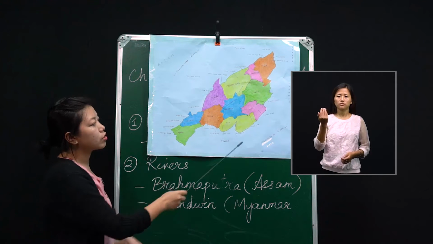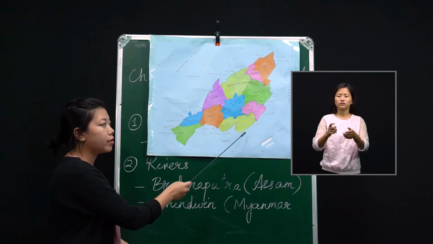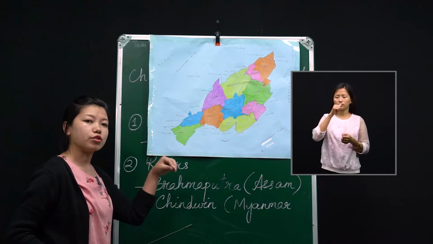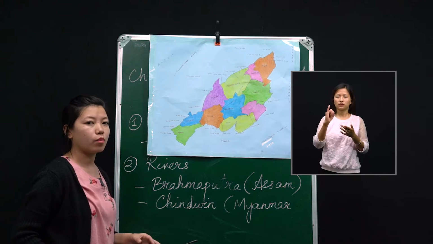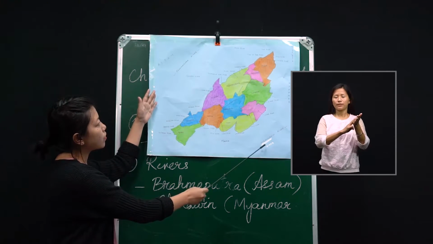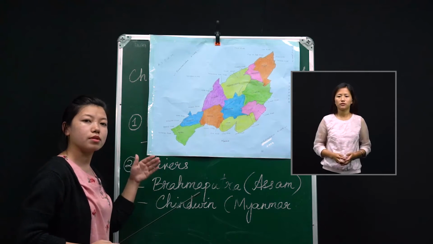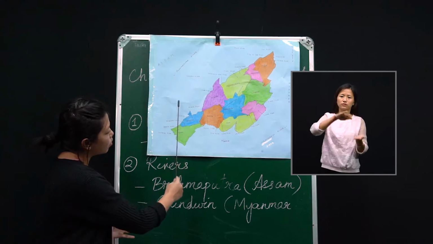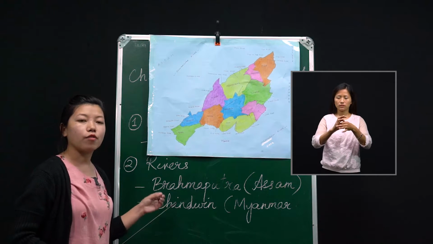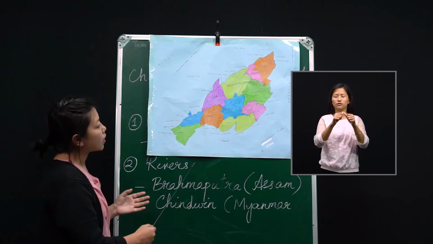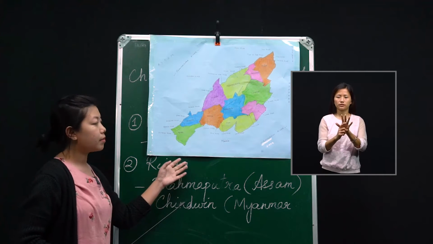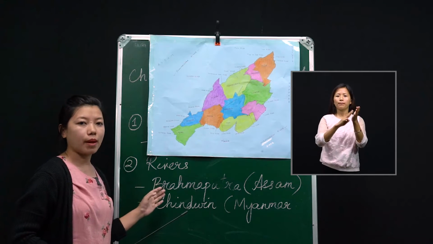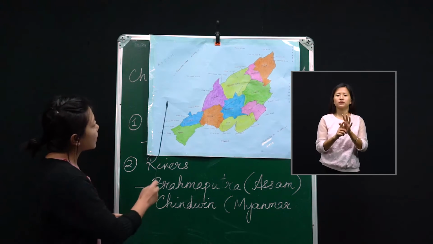Then some of the rivers towards the eastern side, that is the Lanye River, the Tizi River, the Likimro River and the Zunki River, go and join the Chindwin River of the Myanmar border. After they join these two rivers, the Brahmaputra River towards the west and the Chindwin River towards the east, they flow down and then join the Bay of Bengal. Here I cannot locate the Bay of Bengal because we do not have the India map. However, if you want to locate it, it is towards the east of the India map. So that is the difference.